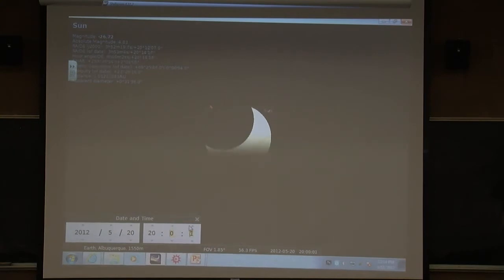Now, if I continue time here, let's watch the eclipse continue, and all of a sudden, whoa, what's that? You zoom out. I'm zooming out. There we go. Yeah, the sun is going to set while it's still partially eclipsed, both here and in Albuquerque. So that'll be kind of neat to see as well. Okay, so that's what to expect, what you can see.